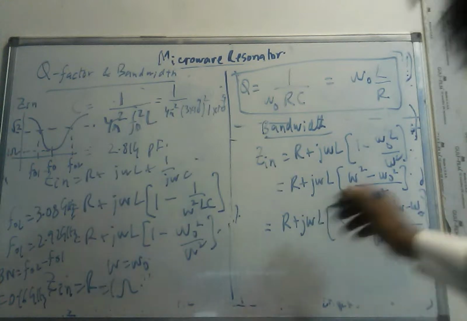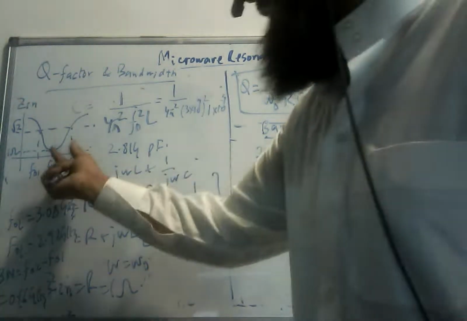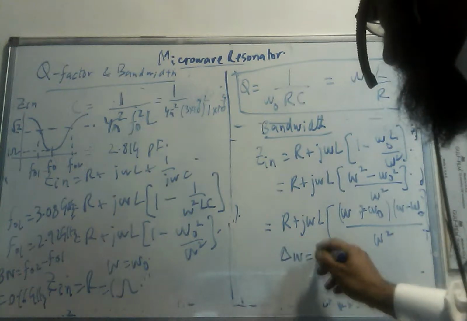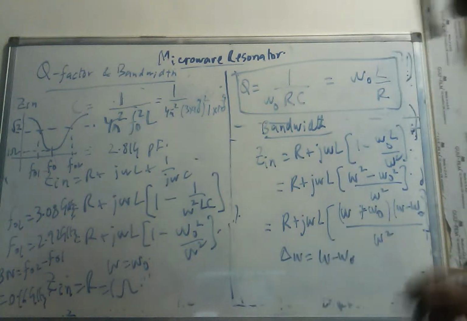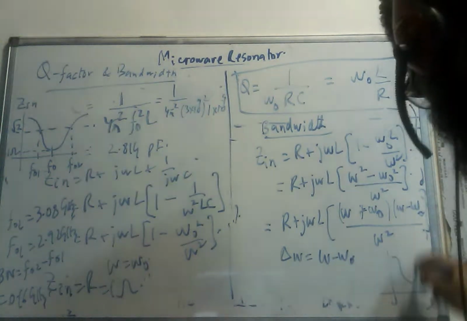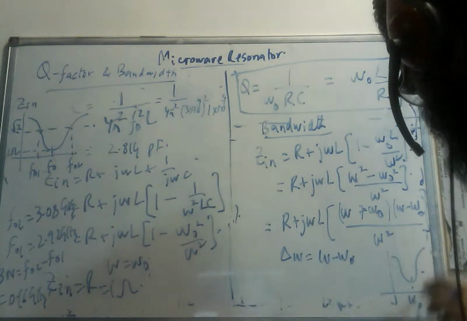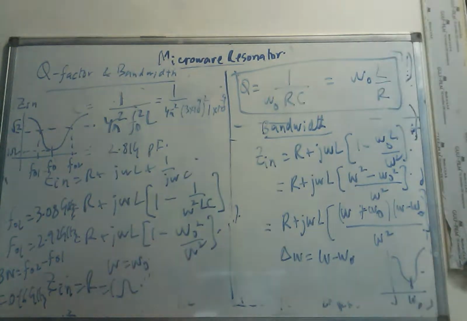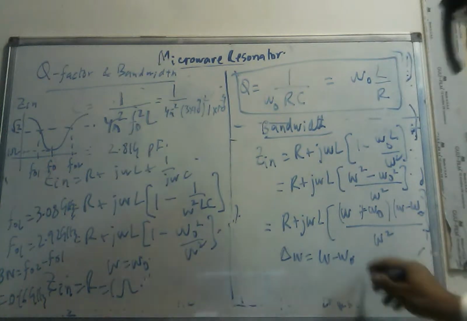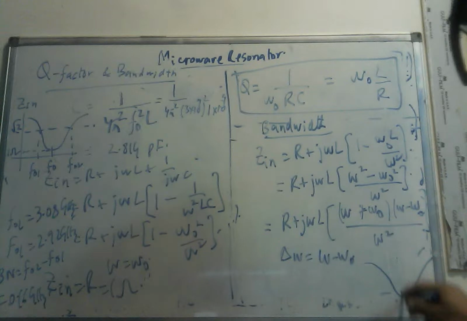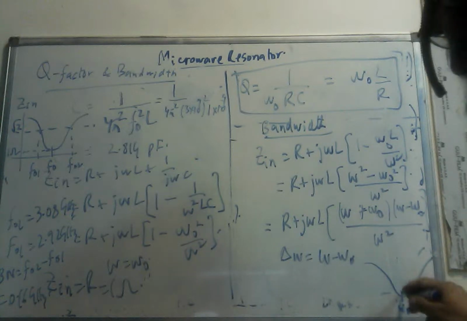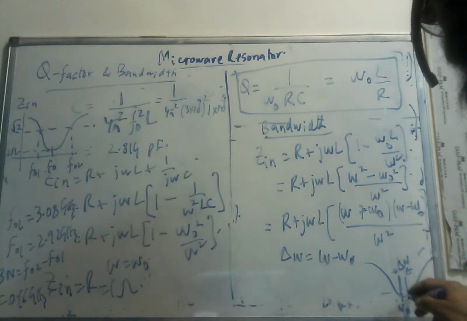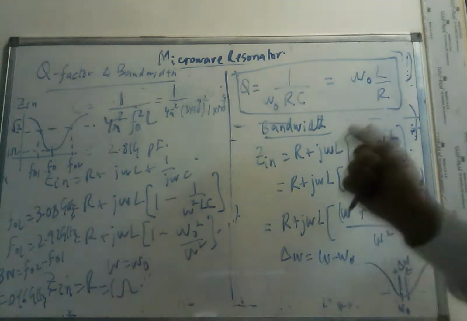Now what I assume is, this is my f naught, so I assume a very small delta. So my delta omega is equal to omega minus omega naught. So in the graph it is like that. If this is my graph, this is my omega naught, and this is my delta omega. So my delta omega is a very small delta at any frequency omega,